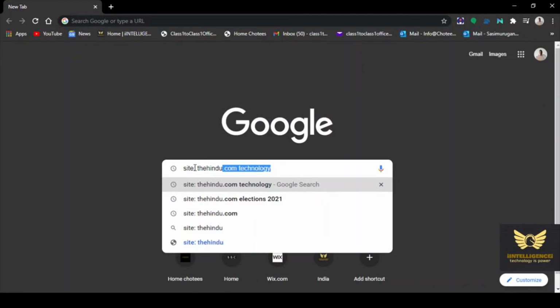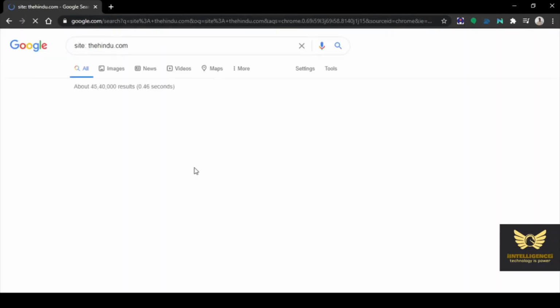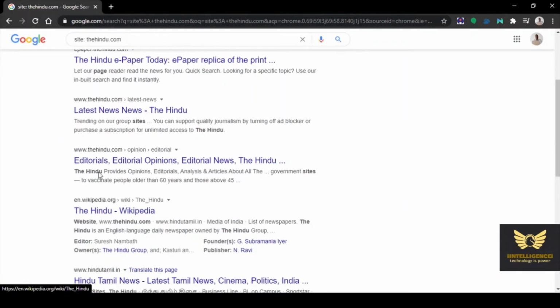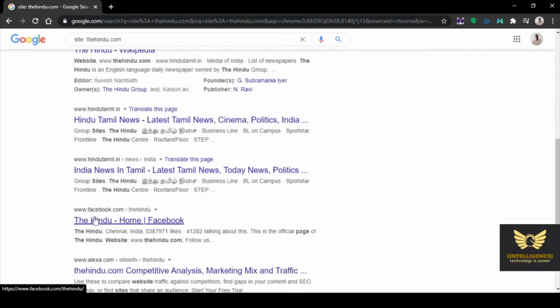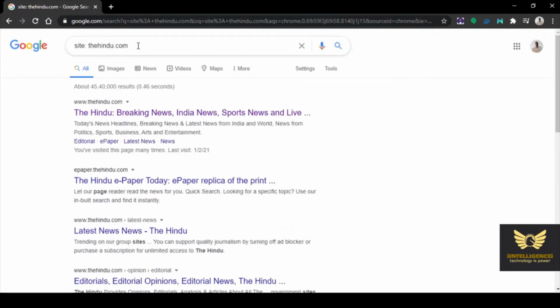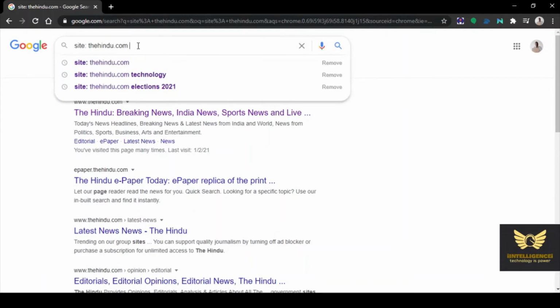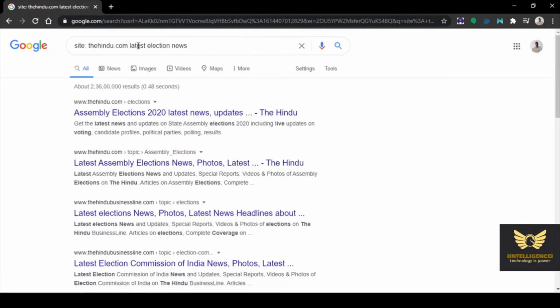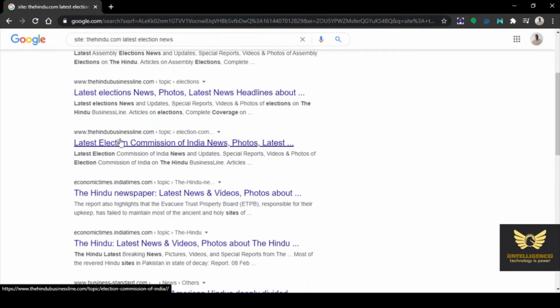Suppose you want to search in the particular site, then type site colon, then the particular site. See, this is displaying only the particular site, that is the hindu.com. Then in this, if I want to search something, that is the latest election news, in the website hindu.com, I could find the particular specific search for assembly elections 2021, that is latest assembly elections.